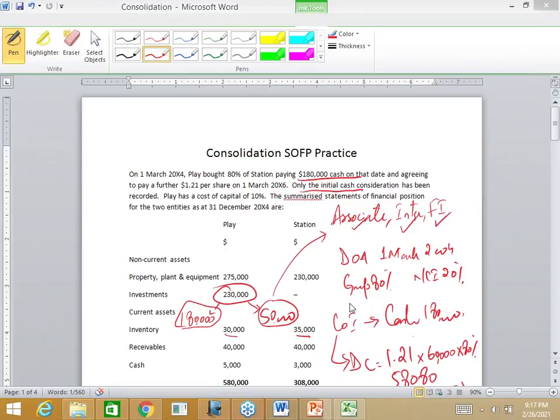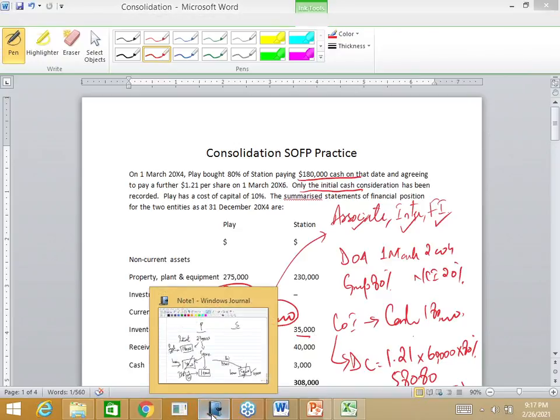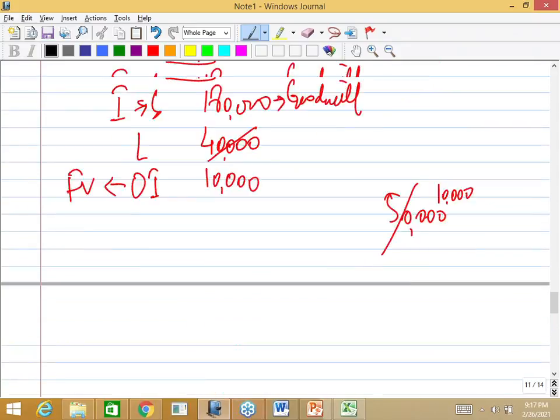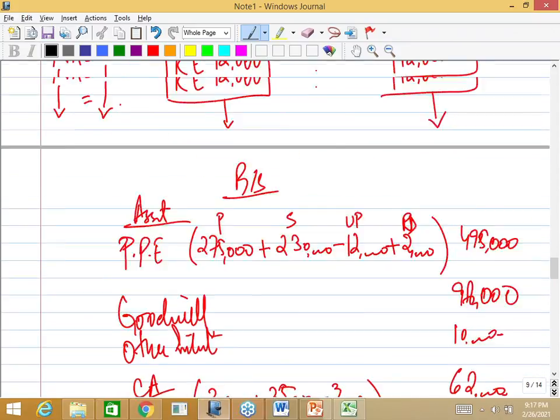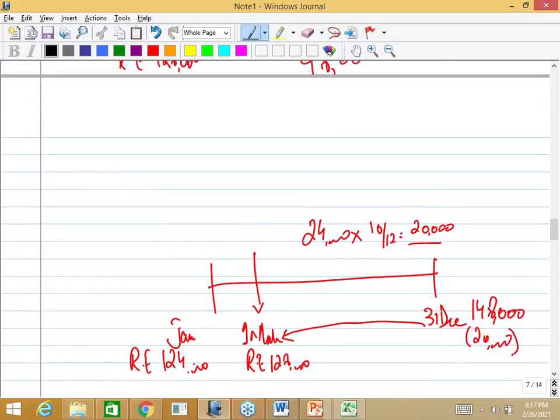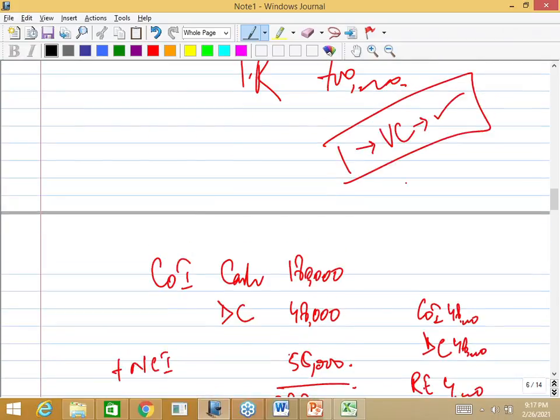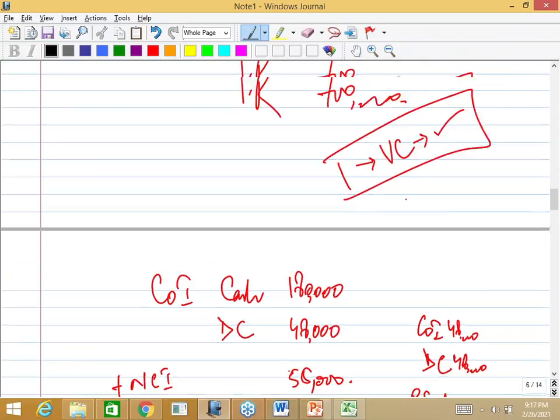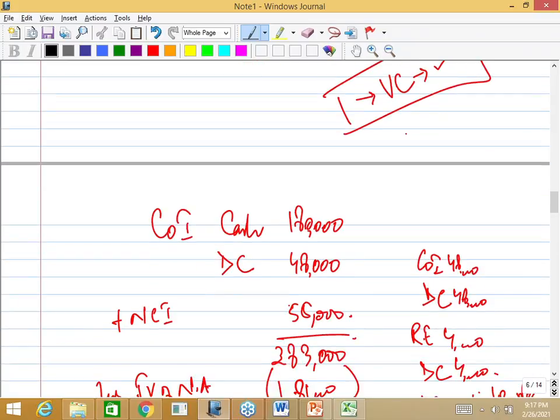We had not recorded the deferred consideration. We do record. We have recorded deferred consideration. That's why we took these figures in the calculation of the goodwill. So we have recorded the deferred consideration, but the examiner has not yet recorded the deferred consideration. So this is our part to record this transaction. So this figure is used for the calculation of the goodwill.